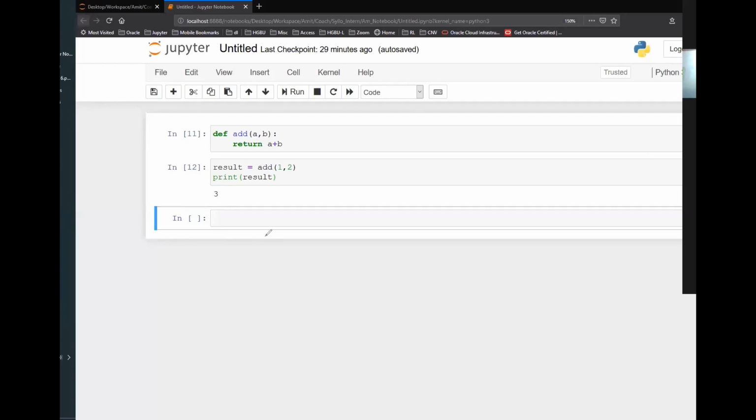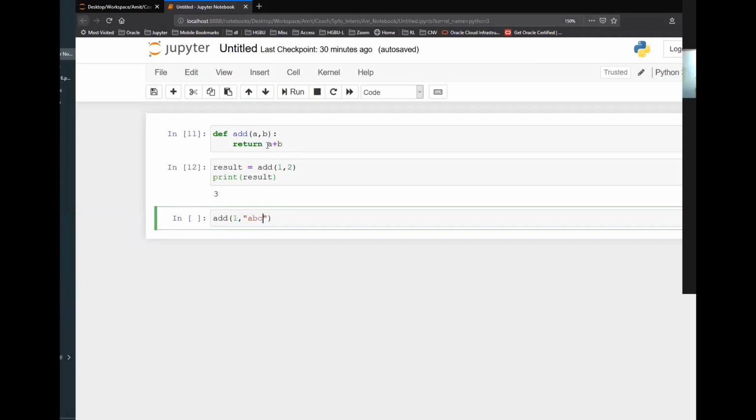What will be the data type for the return? So here, what will happen? The moment you call this function, it will go here and it will say return a plus b.